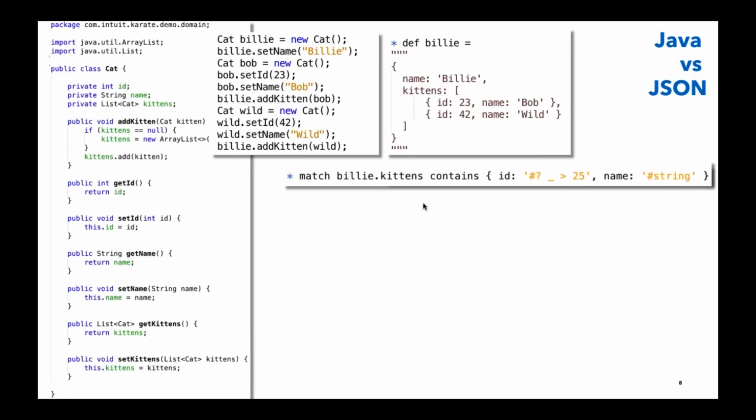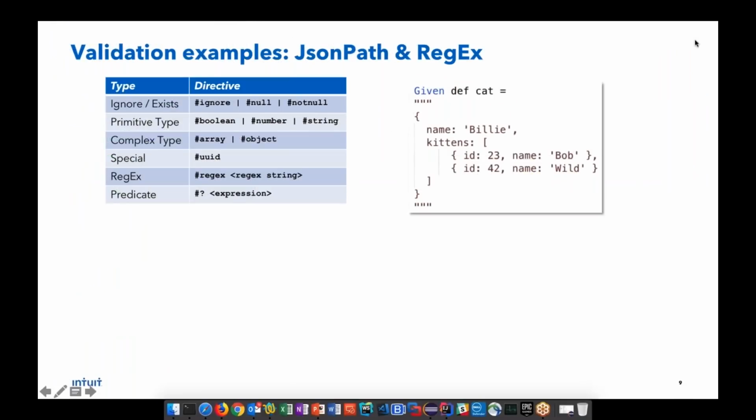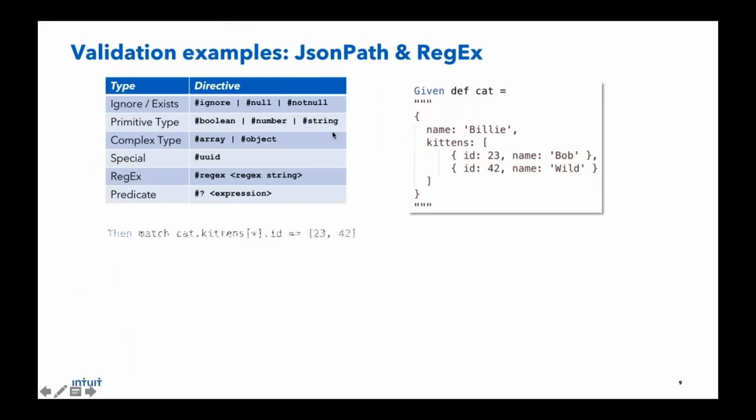So I'll quickly move on to this example, where you're running a similar kind of check, finding something within an array, whether it's contained, but you're running this very nice expression saying the value should be greater than 25. And yes, Karate supports this. You can also notice the string here, because Karate has this concept of fuzzy matches. You don't need to have an exact match all of the time. And this slide is an example of all the various fuzzy kinds of matches that Karate supports.